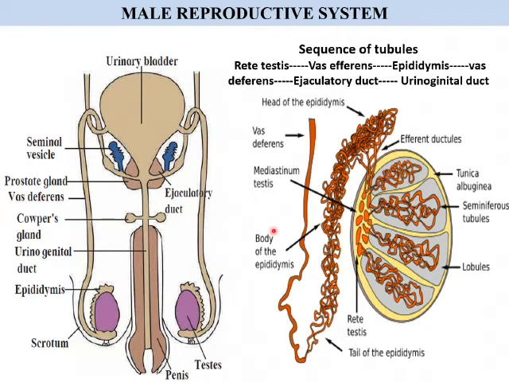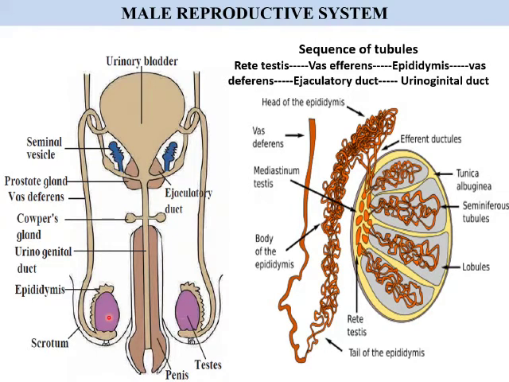Let us now begin with sexual reproduction in human beings. We will first be studying the male reproductive system, and let us first see the various parts of the male reproductive system. The most important part is a pair of reproductive glands called the testes. So they are a pair of glands. The main function of the testes is to produce the male gametes, that is sperms, and a hormone called testosterone.